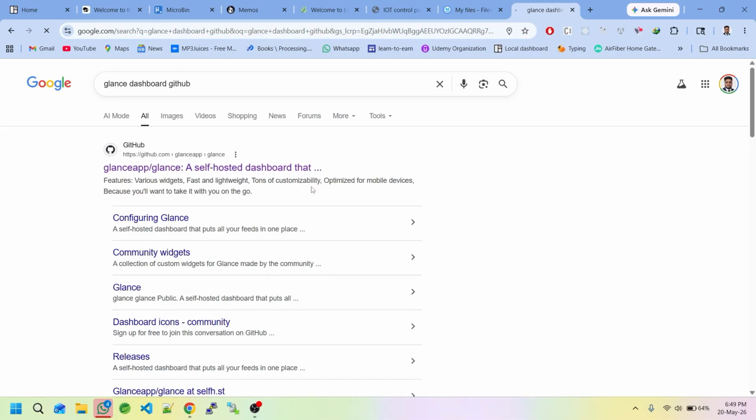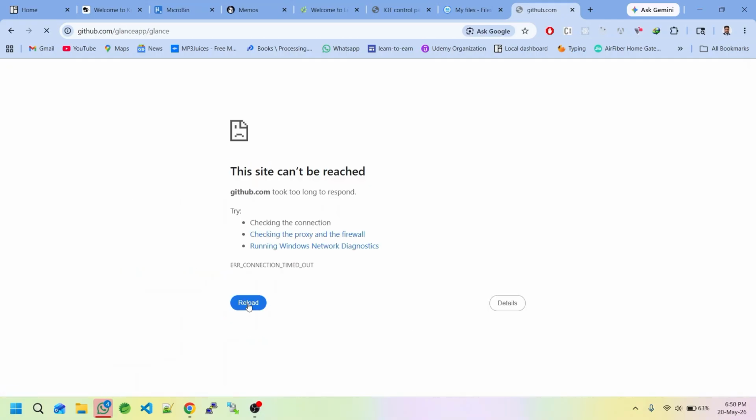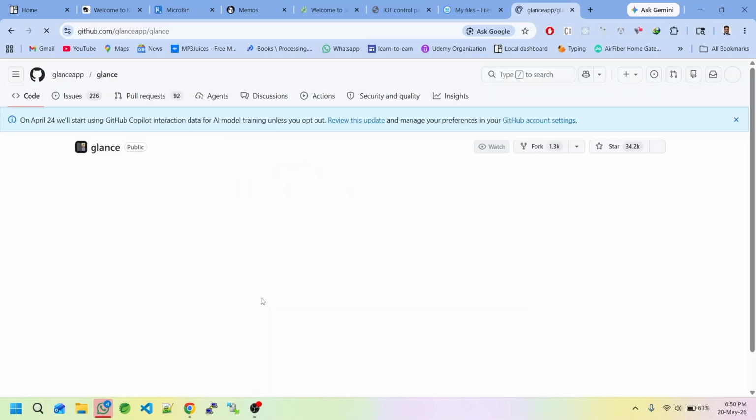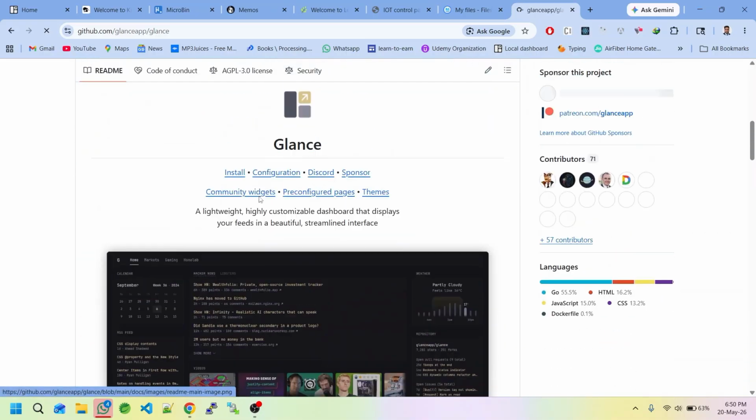So here you can just go to the documentation section. There are lots of examples, and it's a very good documentation to follow. You won't have to spend a lot of time to understand this, you can simply understand it while going through. Just a nice documentation. I don't know why it's not opening. Yeah, here you can see